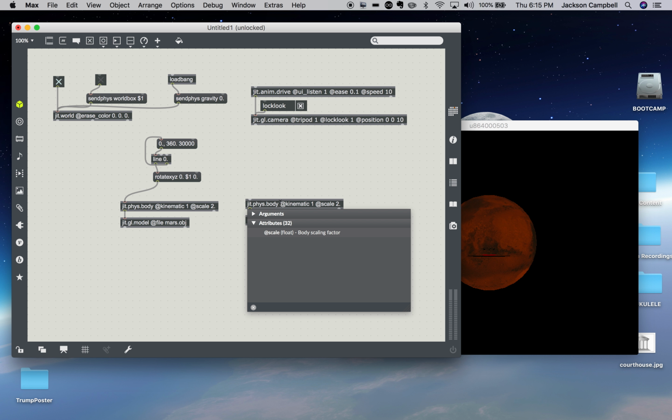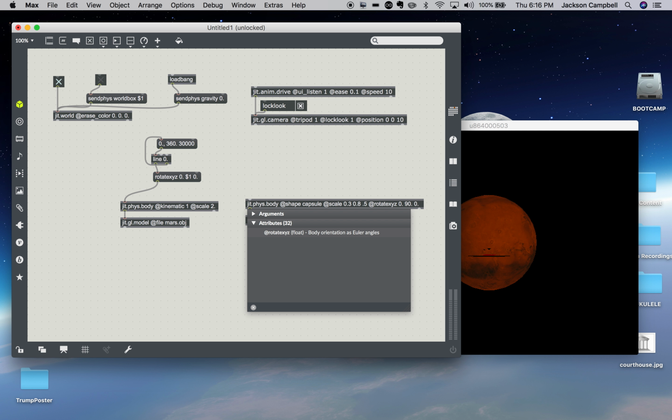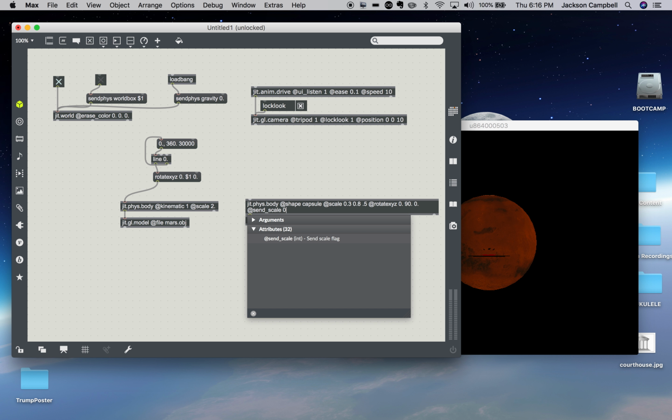All right, we're going to make this body fit the car a little bit better, and we're going to do that by making it a capsule shape. We are going to scale this at scale 0.3, 0.8, 0.5, at rotate XYZ 0, 90, 0, and this is important, at send scale 0. We're not passing the scale of the collider to the model. And then we want to have some dampening forces at